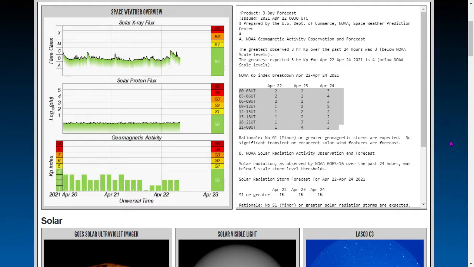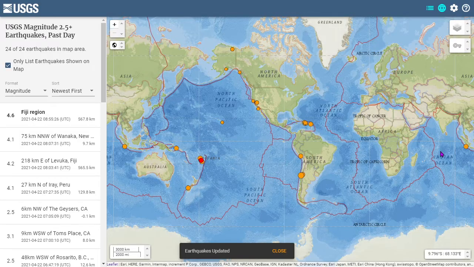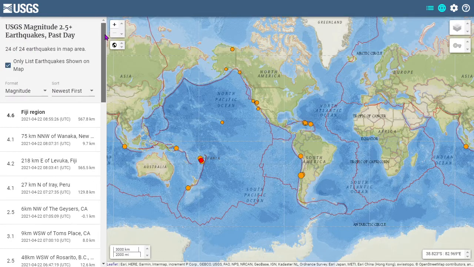And NOAA is forecasting a brief period of geomagnetic unrest the night of the 23rd and early in the morning on the 24th. So that's probably a coronal hole wind stream from that small coronal hole, which is leading sunspot 2816. Next, looking at earthquakes over the past 24, we just saw a deep one come in at Fiji while